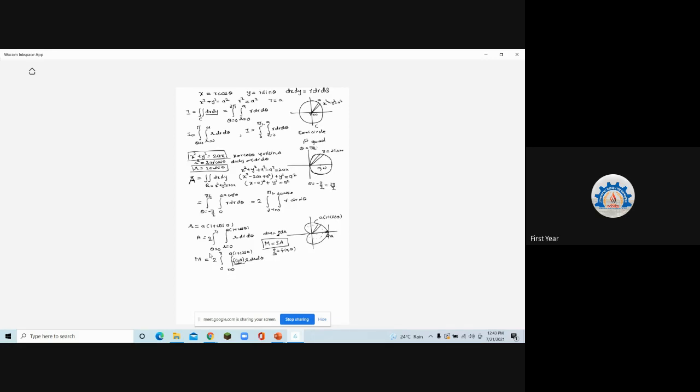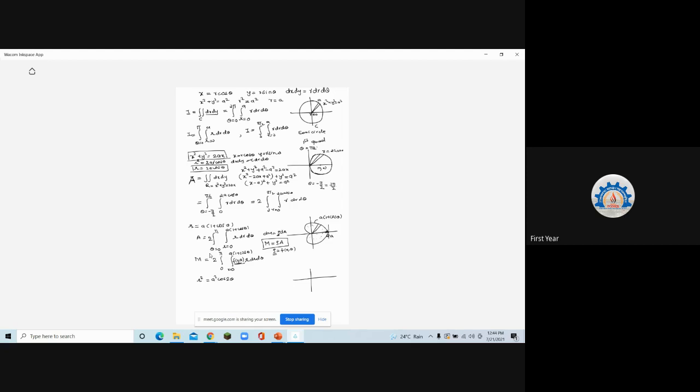Find the area bounded by the curve r square is equal to a square cos 2 theta. These are all special curves. That's why I'm doing it. Okay. r square is equal to a square cos 2 theta. We have drawn this. Do you remember this curve? If you don't remember, try to take some points and see how it behaves.